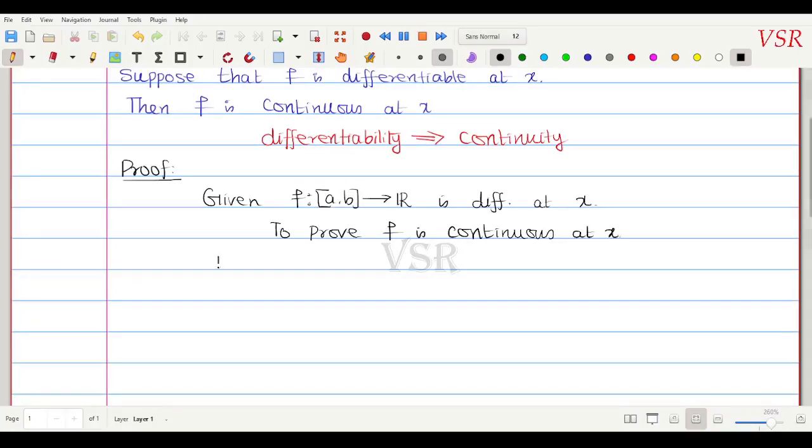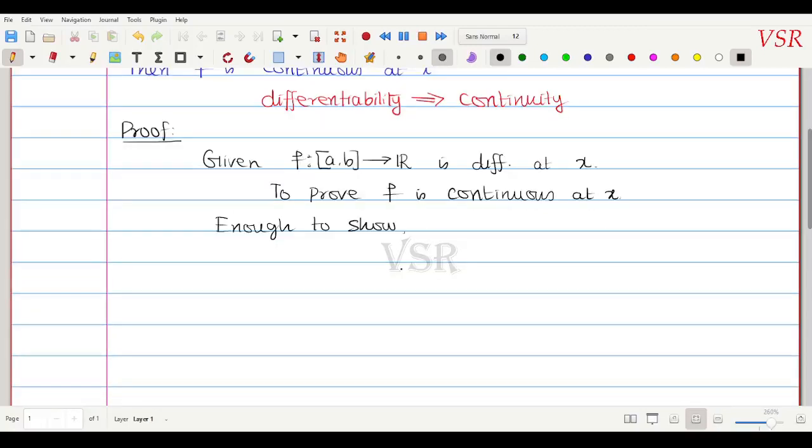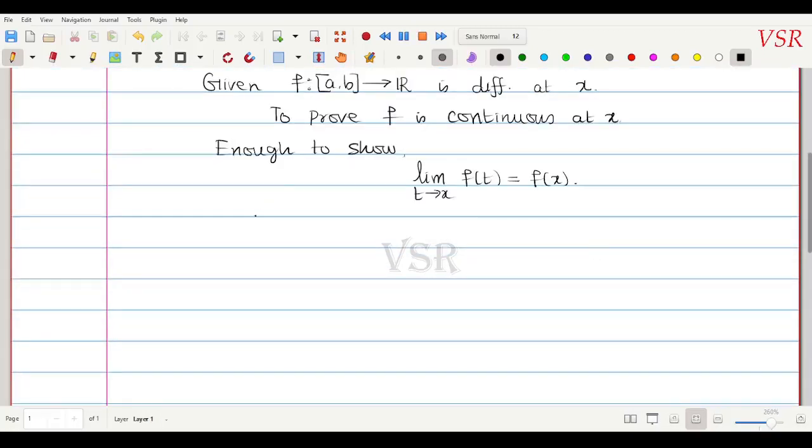Enough to show, என்ன சொன்னா போதும் அப்படின்னா this limit t tending to x, this f of t which is equal to f of x ன்னு சொன்னா போதும். Okay, so it is enough to show that limit t tending to x f of t which is equal to f of x. இதை சொன்னா போதும். சரி, இதை சொல்லலாமா? we note that